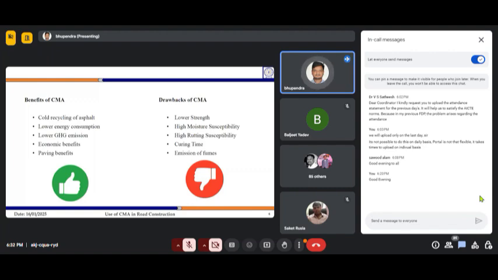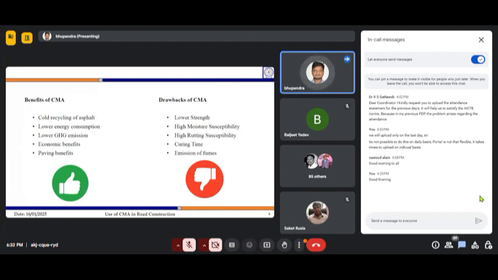The third thing is that in hot mix asphalt technology, we have to maintain the compaction temperature. There is a mixing temperature and there is a compaction temperature which is very high. The compaction temperature is also 100 to 120 degrees Celsius. So you make your material, you mix your material in the plants, and then you transport it to the site, and during that time you have to maintain that temperature, and that is also a challenge.